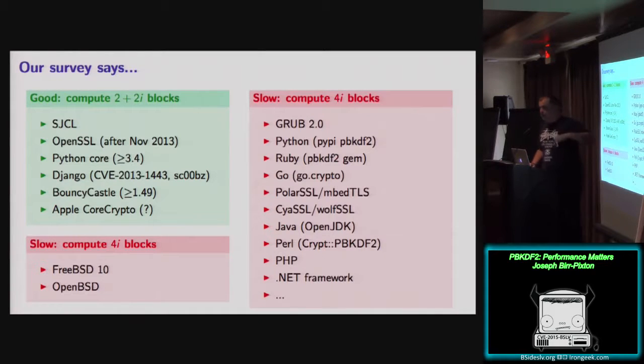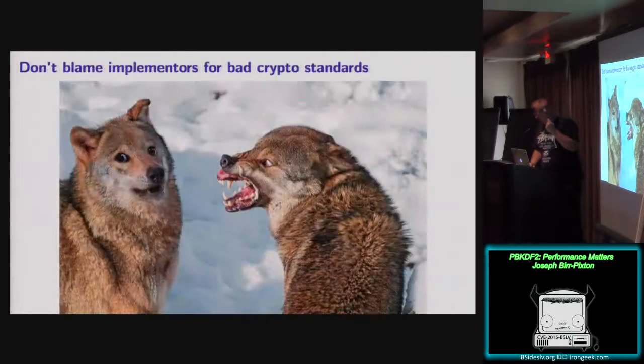FreeBSD is particularly interesting because that's disk encryption, but what they do is they measure at runtime how quick this thing is going, and then determine their iteration count based on that. So if it is really, really slow, you're immediately throwing away any advantage of having fast hardware. You just give away a 2-time advantage to your attacker, and that's probably not what you wanted to do. So, don't blame implementors for this.